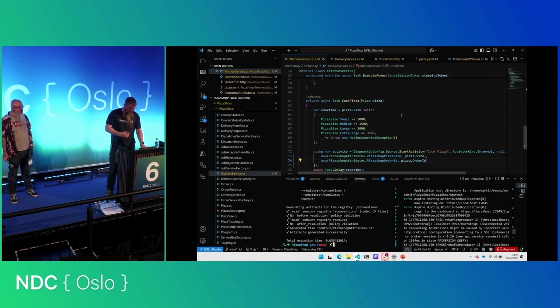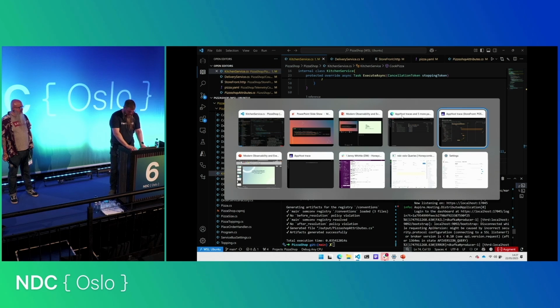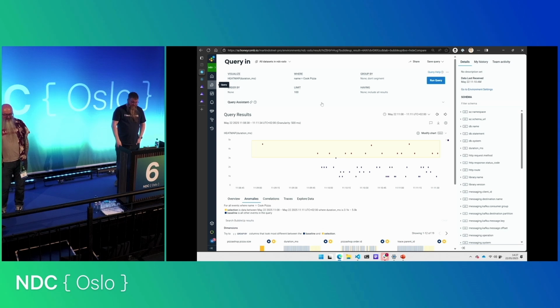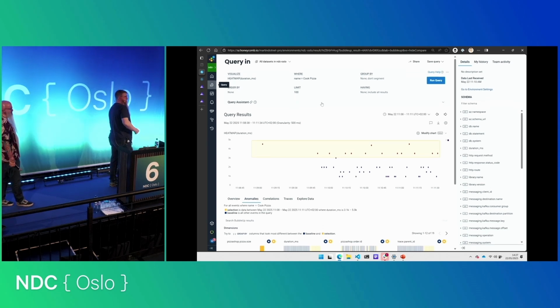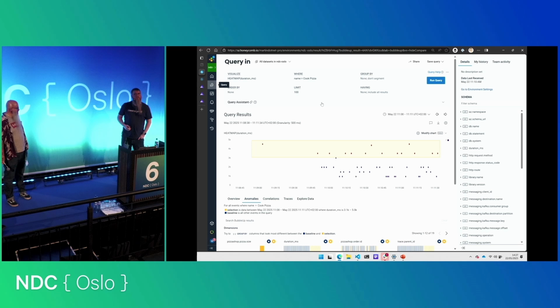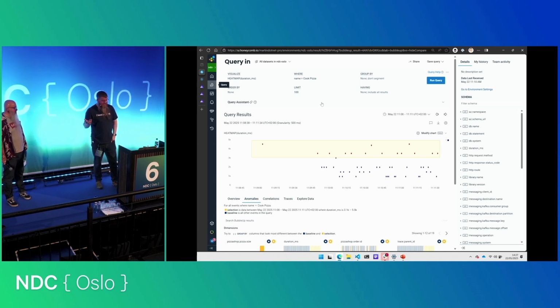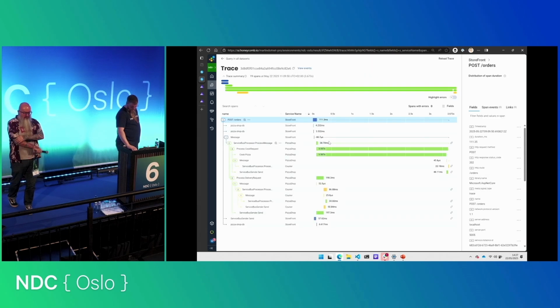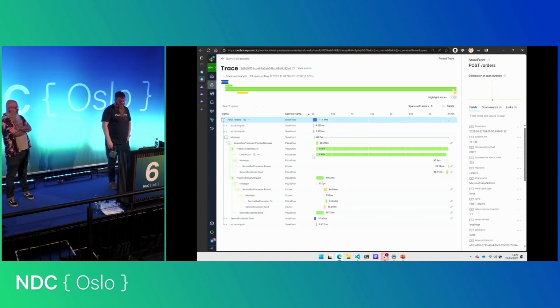a problem. Now, why is this really interesting? This is the only time I'm going to mention Honeycomb, just because it's the easiest tool I found to do this. That's why I work there. But imagine we're looking at why it is taking us so long to cook pizzas. Pizzas are for some reason taking some time. What I've got there is the data that we've generated. We've used that data to generate some trace views, and we've been able to see what's going on in different ones of these traces. But ultimately, for some reason, our pizzas are taking a long time to cook, but we don't know why.